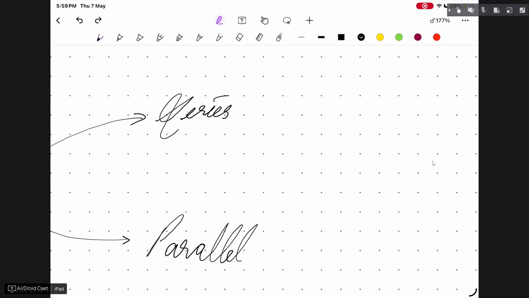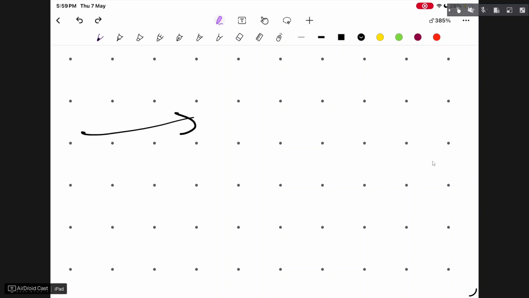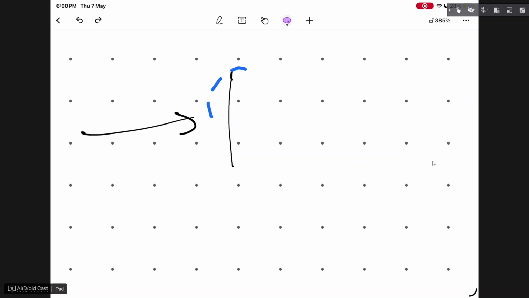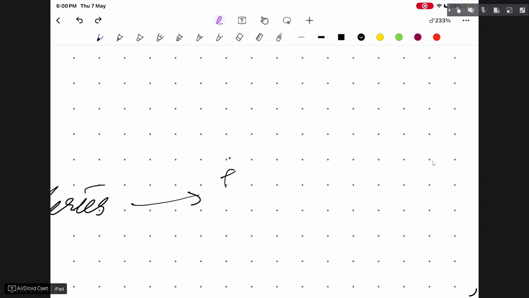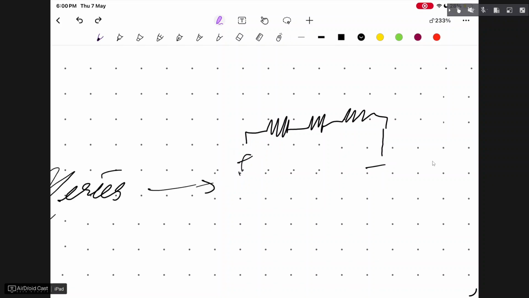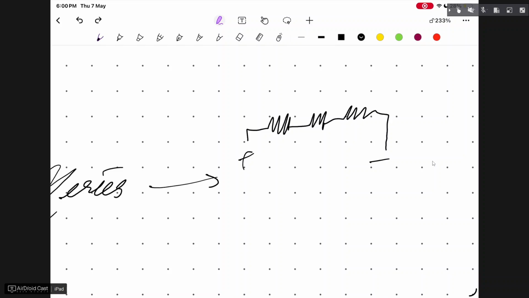Now, in series, you will have this battery over here. If you connect to this the first resistor, the second resistor, the third resistor, this is going to be the negative terminal, and this the positive. What happens is